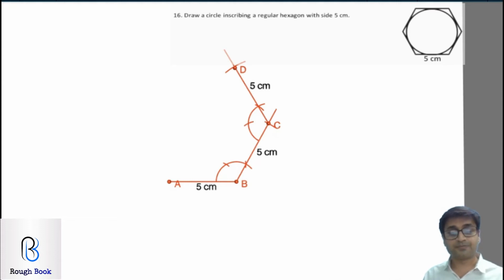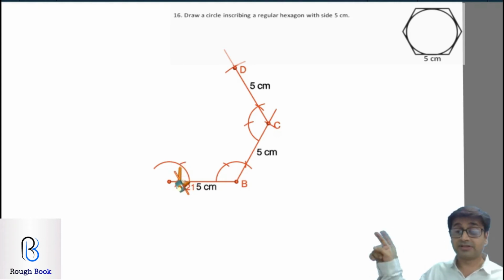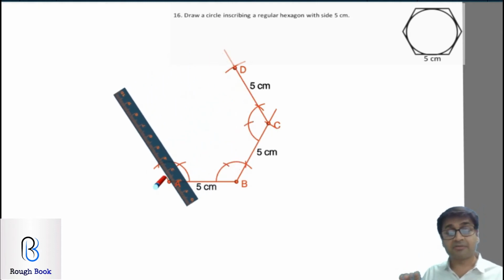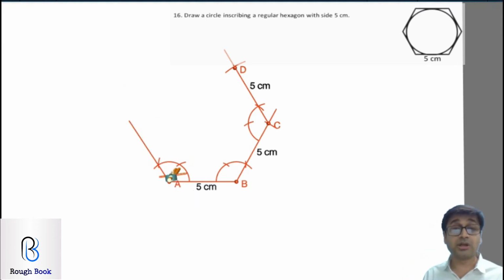the next arc. So my compass on point A, cutting an arc just like that. Keep your point down at point 0 and then cut the first arc, that is 60. Keep on 60, get one more arc 120, join it, so you got your next 120 degrees. Is 120 very simple for all of you now? If you don't get anything in the exam and if you draw two 120 degrees, you straight away get 2 marks. So you should at least do that much, if you don't get anything.